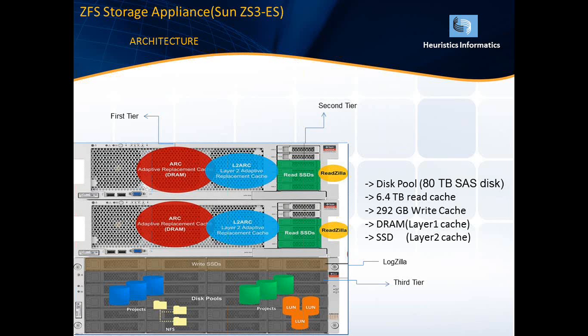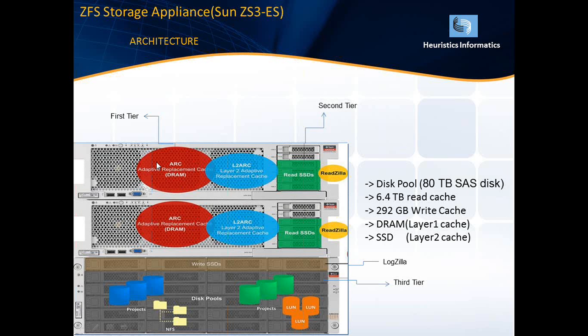Out of 24 disks, 2 will act as spares, which leaves 22 disks. In the 22 disks, 4 disks will be allocated for the SSDs, and the remaining are 18 disks. The remaining 18 disks are configured in a mirrored fashion, so even if one disk fails, the availability will be higher. And I have 2 storage heads, which are called the controllers.